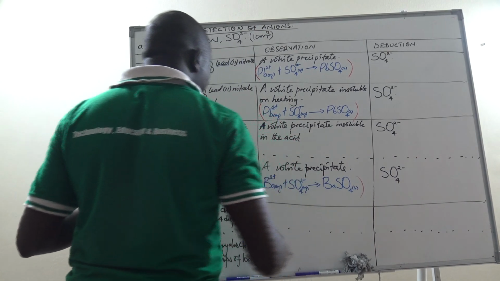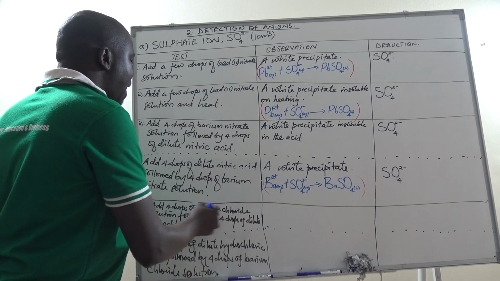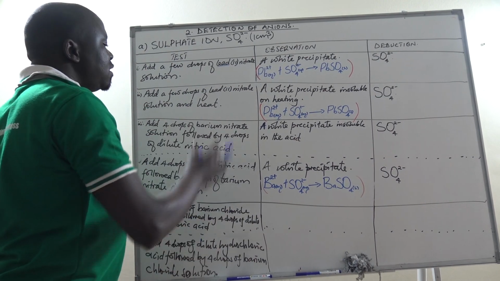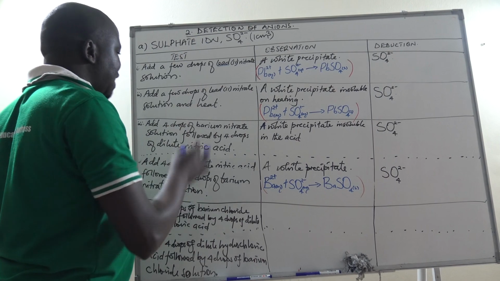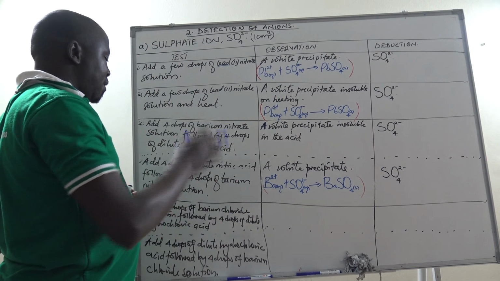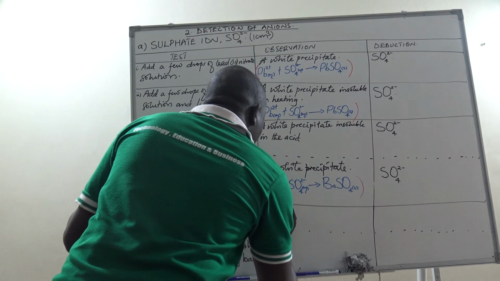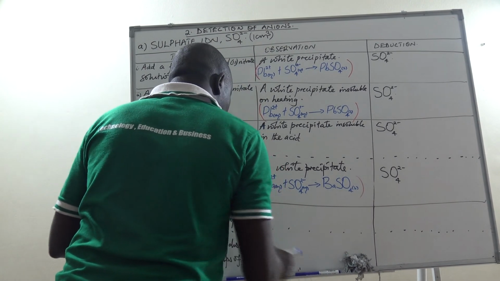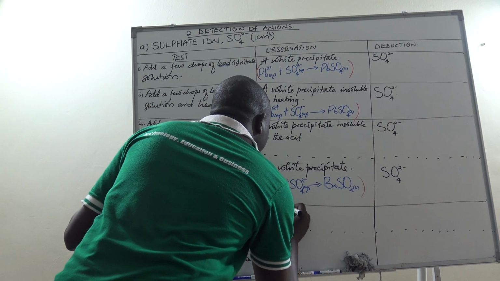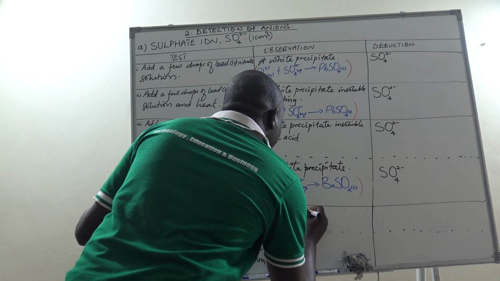So the reaction equation remains the same because the barium chloride solution will simply provide the barium ion needed for this reaction here, and then the dilute hydrochloric acid still will serve the same purpose just like dilute nitric acid, by destroying any carbonate ion or any sulfite ion that may be present as an impurity. So in this case, we have only changed the acid, otherwise the observation remains the same, a white precipitate